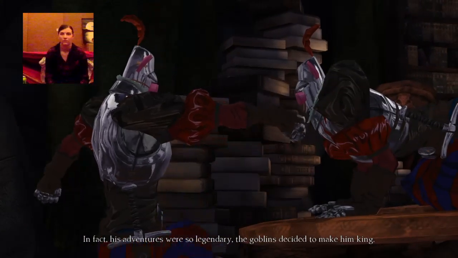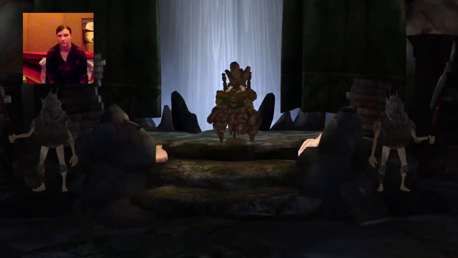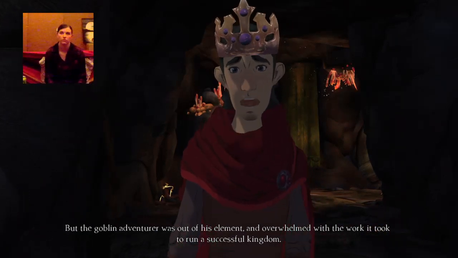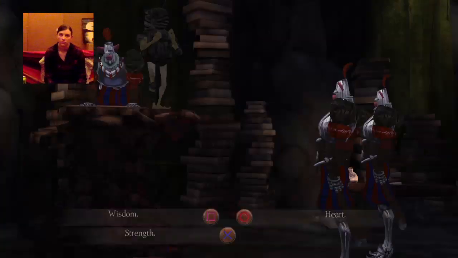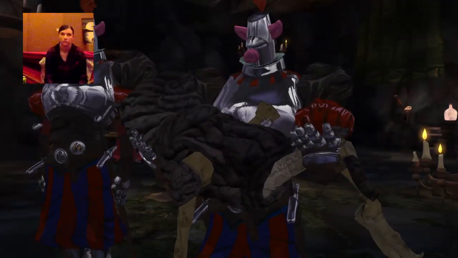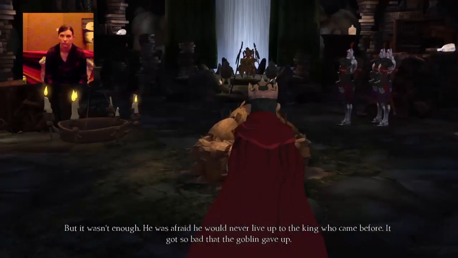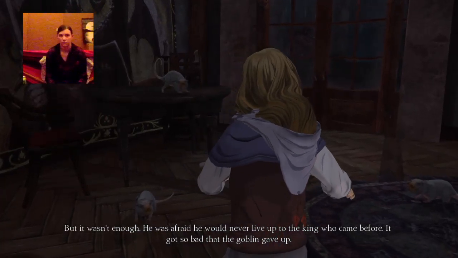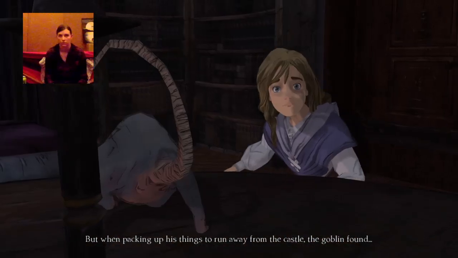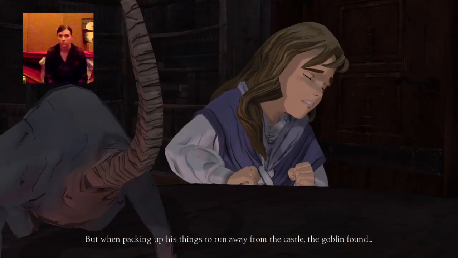In fact, his adventures were so legendary, the goblins decided to make him king. But the goblin adventurer was out of his element and overwhelmed with the work it took to run a successful kingdom. His friends offered their heart. But it wasn't enough. He was afraid he would never live up to the king who came before. It got so bad that the goblin gave up. But when packing up his things to run away from the castle, the goblin found... He found...